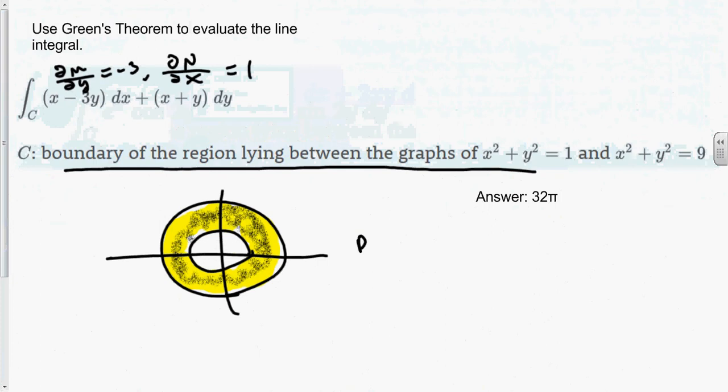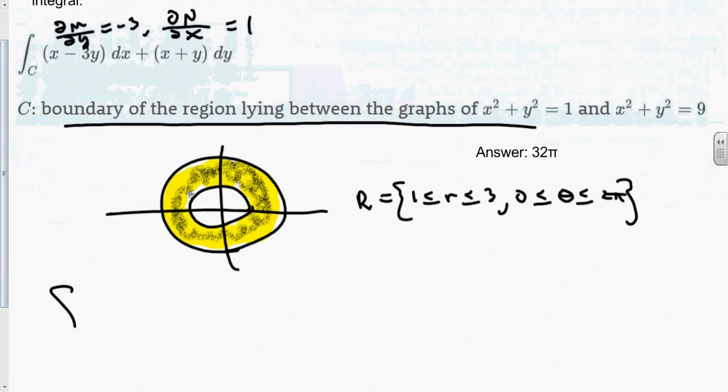So in this region here, the radius goes from 1 to 3. And this is a complete loop, so theta goes from 0 to 2 pi. So I'm going to convert this